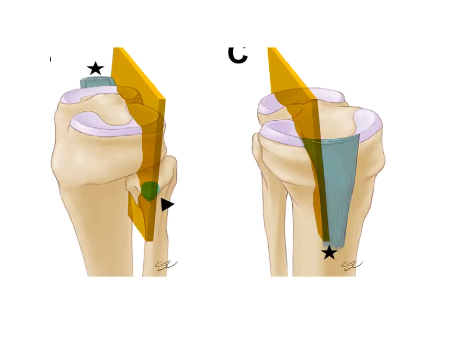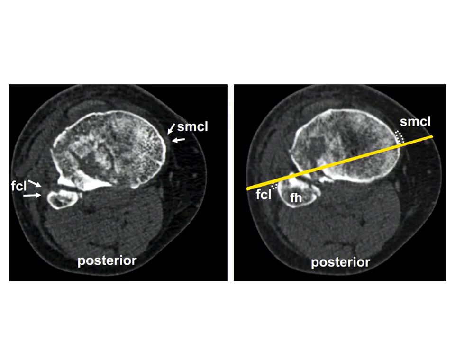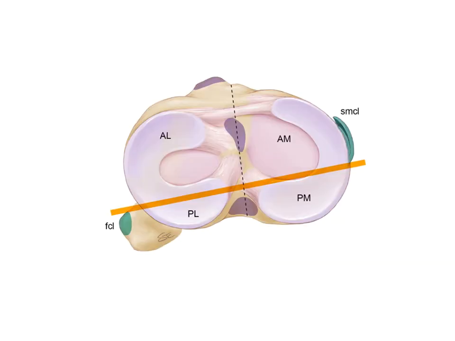If you look from the lateral aspect, you can see that this is the point of attachment of the fibular collateral ligament, and this is the posterior margin, and it is going all the way to the crest. This is how it looks on the CT. You can see that's the attachment of the FCL, and here is the SMCL. Now once we have this equator and we have the columns, we get four quadrants. This perpendicular divides the medial and lateral column, and this is the equator. So we get four quadrants, which are anteromedial, anterolateral, posterolateral, and posteromedial.